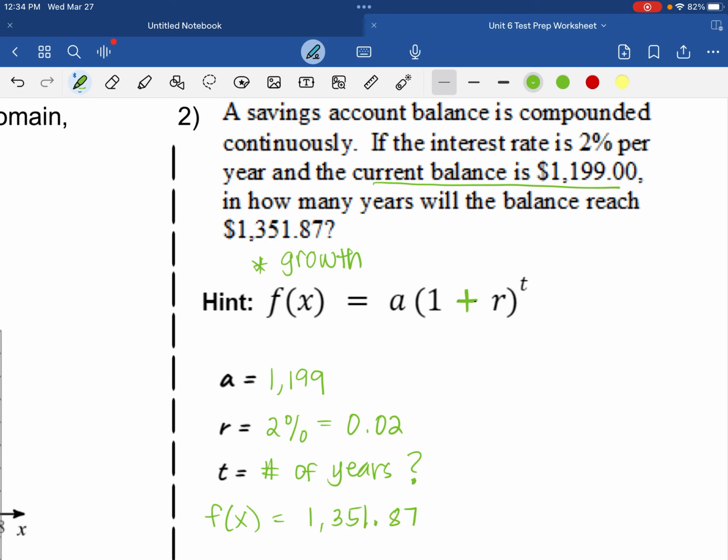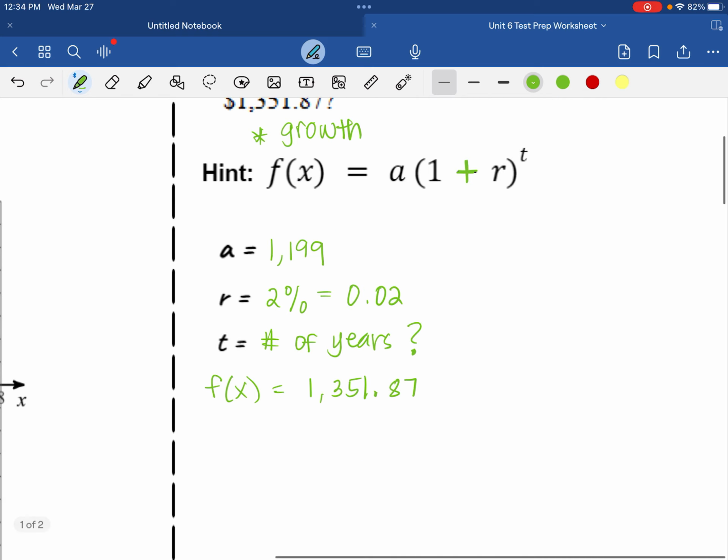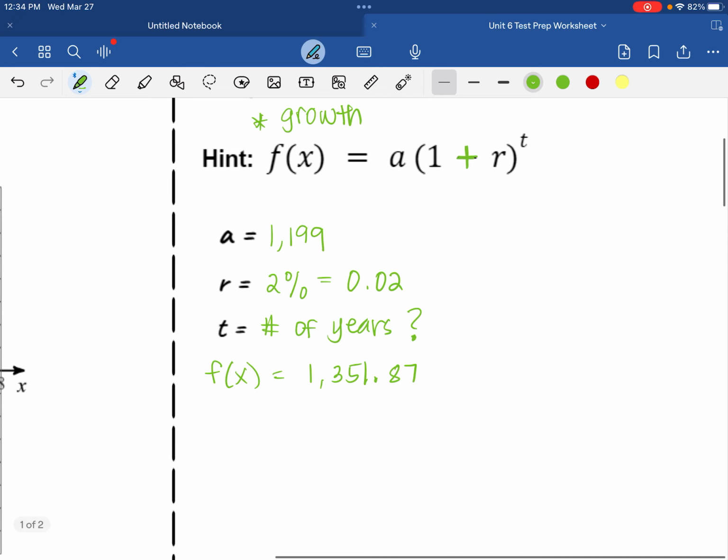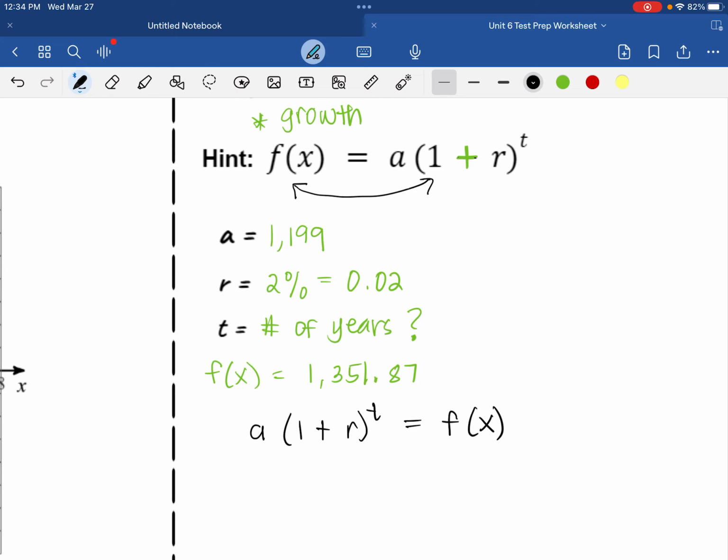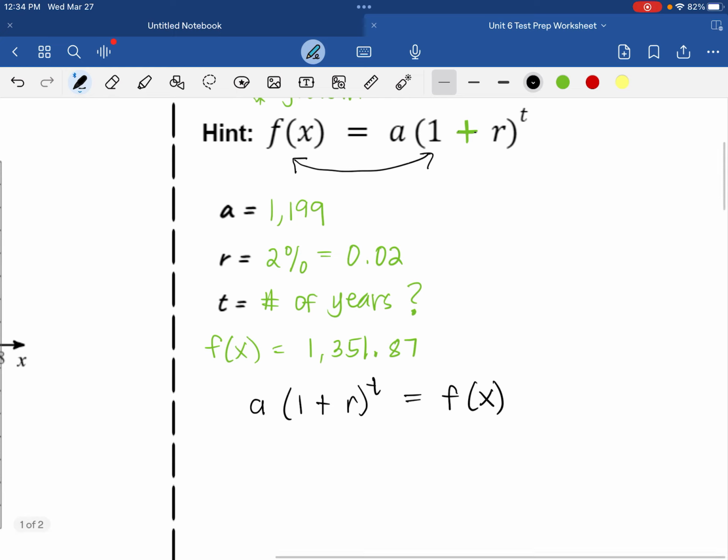Now that we have identified what the variables are based off from the problem, let us use the formula. Let's plug in the information. Okay, so I want to flip this, because my unknown is a t and it's an exponent, I want to put it on the left side. You don't have to do it this way. I just personally like my unknown to be on the left side. So we've got